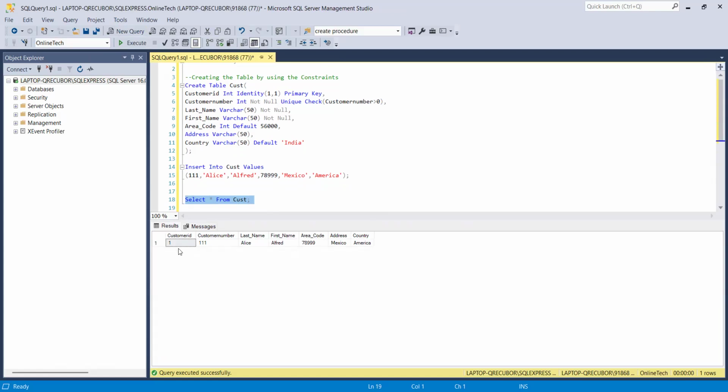Okay. See, customer ID 1, customer number 111, last name LIC, first name Alfred, area code, address, country. So like this, if you want to insert a few more records, we have to use the same syntax. Okay. So let me insert the